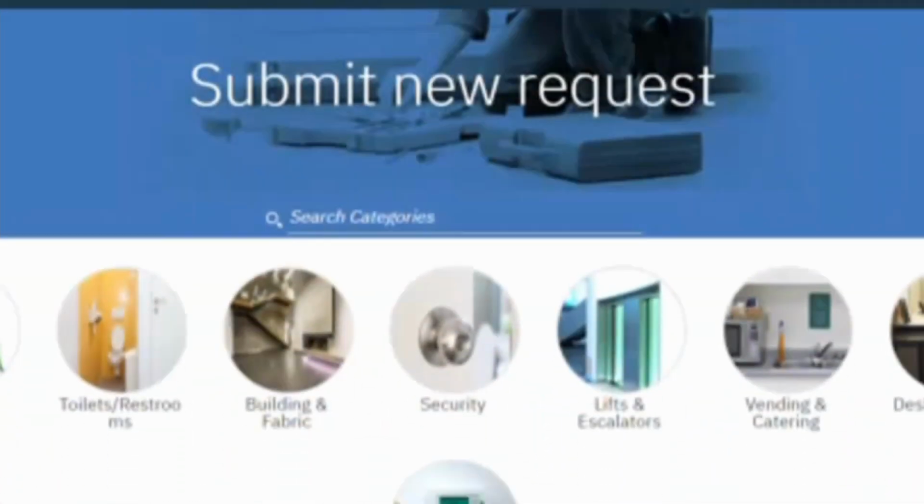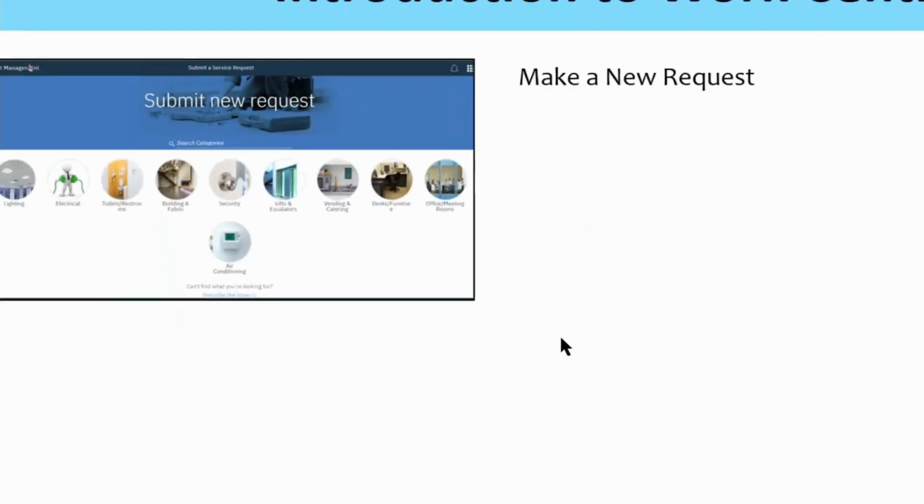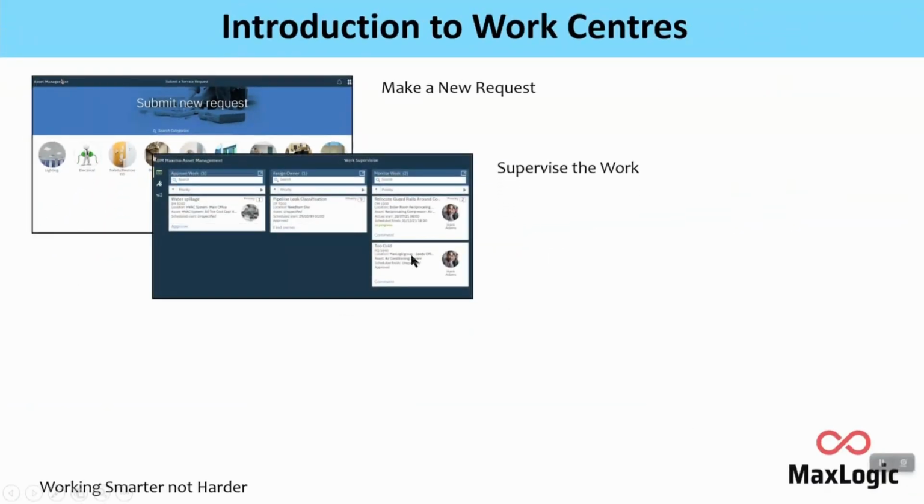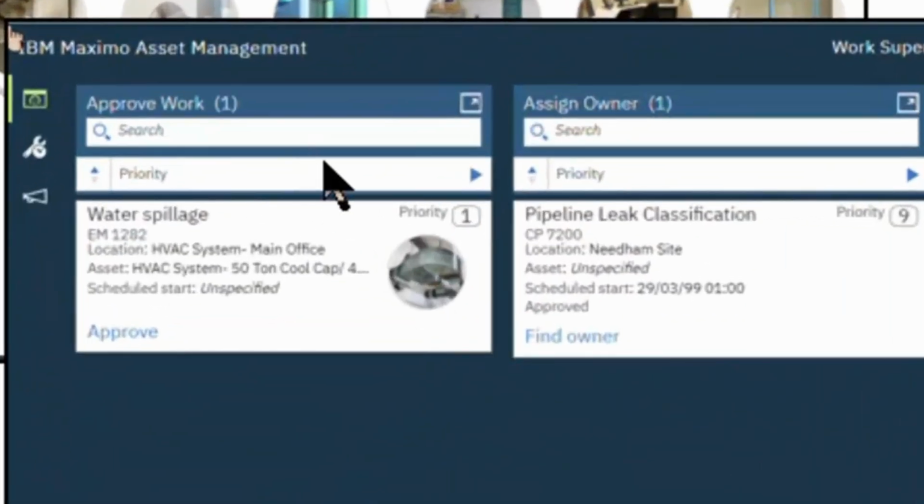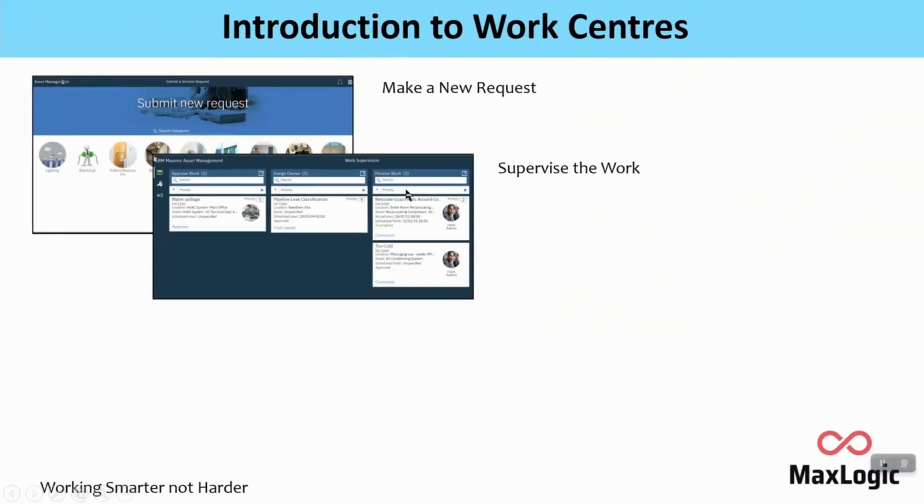There are 4 work centers that we're going to look at. The first one is making a new request, so this is typically for the end user to report a problem. The second one will be for the supervisor to supervise the work in this targeted Kanban style, this role-based style